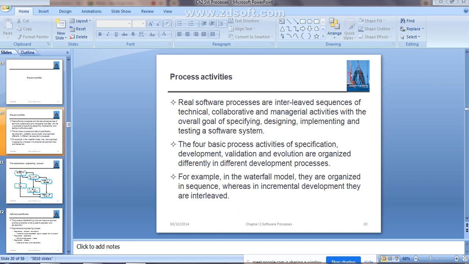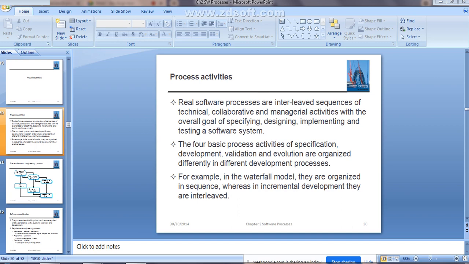But in the incremental model, what will happen? There is feedback in between the activities. For example, in specification, development and validation, feedback between the activities can be done. You are going to consider the feedback. So here, whatever stages or phases you consider, all of those are interleaved.